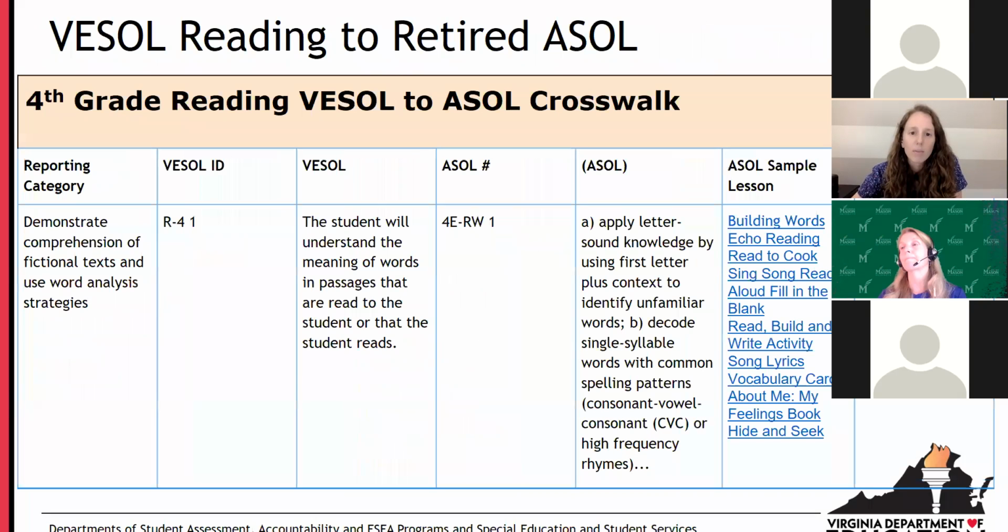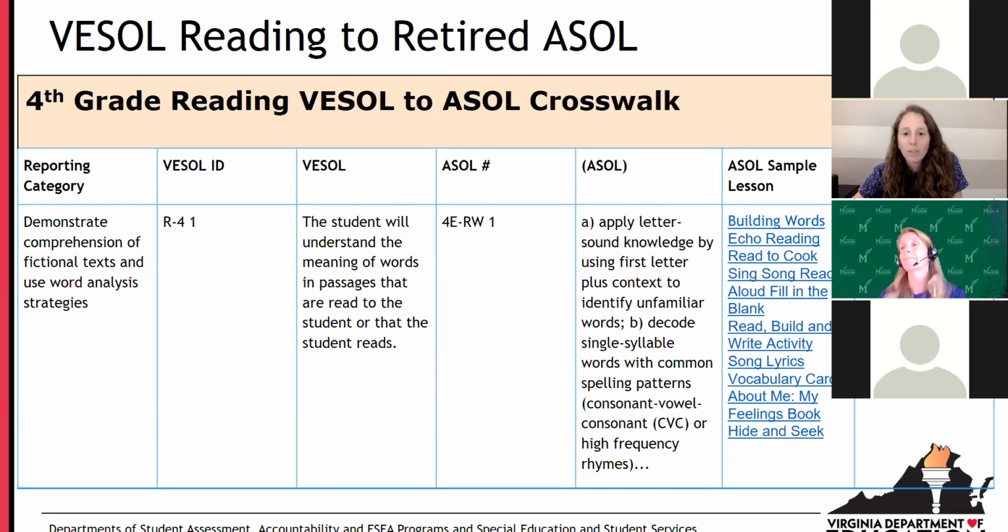Content domain crosswalks also provide links to retired ASOL and ASOL sample activities so teachers can easily reference related sample activities and content. This is an example showing 4th grade reading VESOL linked to the associated retired ASOL and sample lessons that were posted on TTAC Online for the old VAAP.